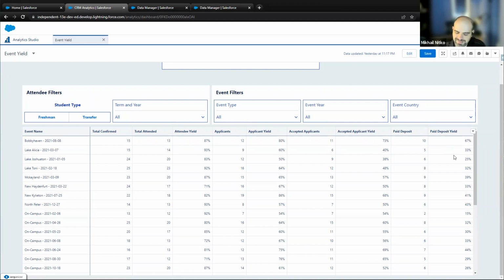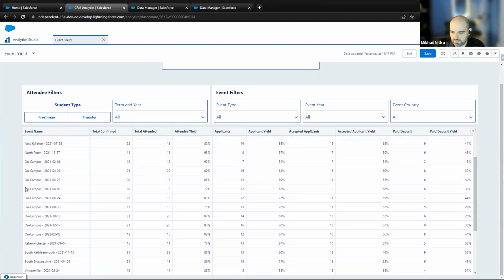The percentages are usually in single digits, but they can vary widely between events. An event that produces 0% applicants versus one that produces 7% or even 3% applicants will have a very different lifespan. You wouldn't want to continue an event that for multiple years has produced zero or very low numbers. And this is how you would see it.